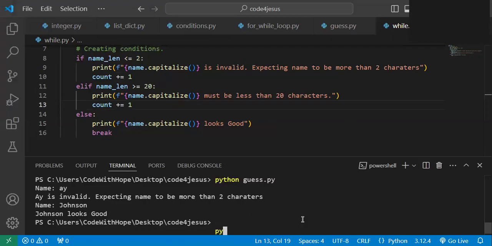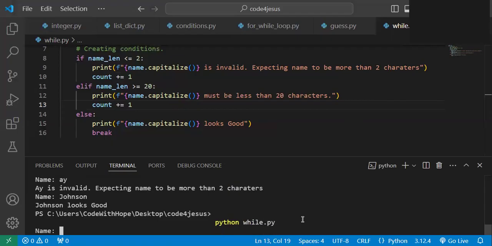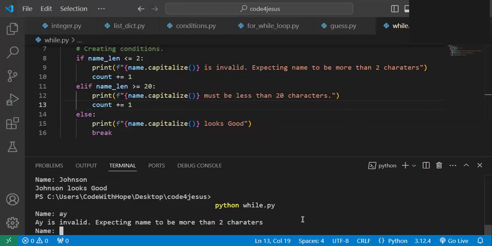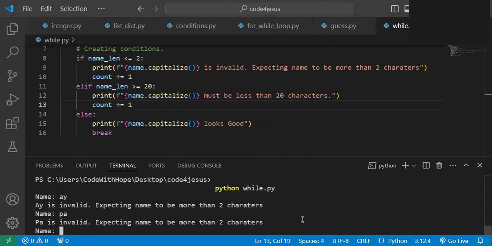So run the file. Now it's prompting me for my name. Let's put in AY. Now you see, it's saying AY is invalid, expecting name to be more than 2 characters. So if I put in PA as well, it should prompt me the same thing. And if I put in the last one,